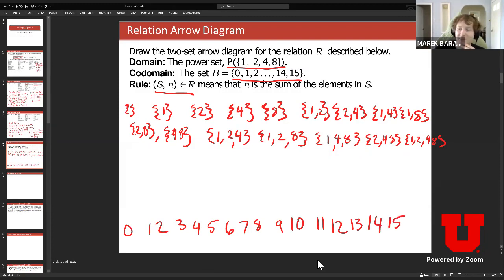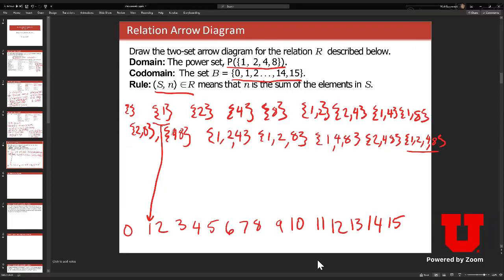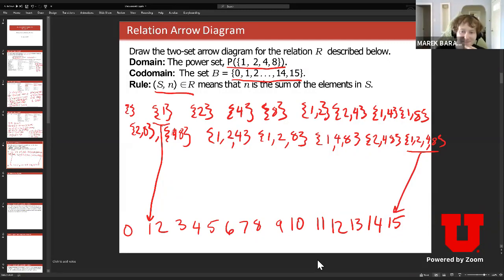Okay, so does anyone want to tell me where the empty set maps under this relation? So the relation says that we map to the number n in B if the sum of the elements of that set is equal to the number in B. So what about this first one? The set with just 1 in it? Map to 1. Yeah, exactly. What about 1, 2, 4, 8? The 15. Yep, 15. So I'm asking about this empty set here. What do you think the sum of the elements in that is? 0. Yep,